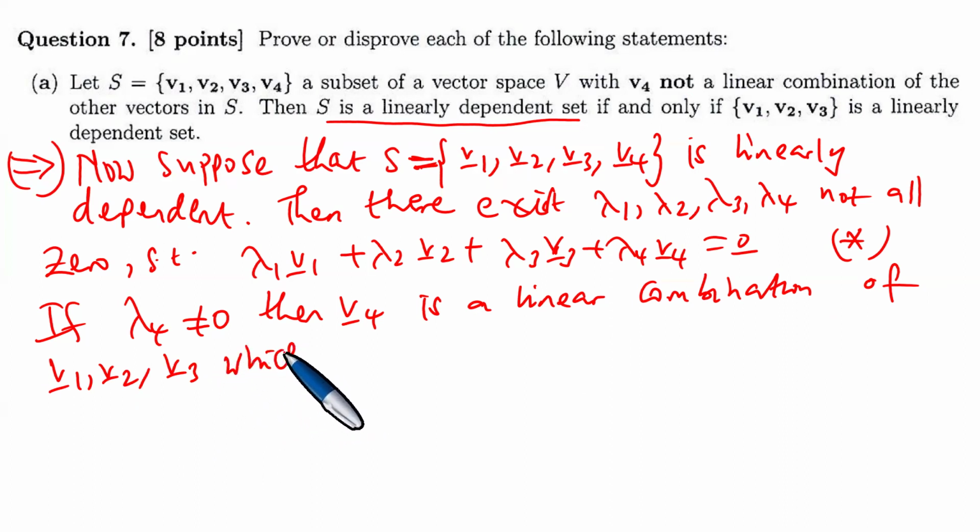If lambda 4 is not 0, then V4 is the linear combination of V1, V2, V3,